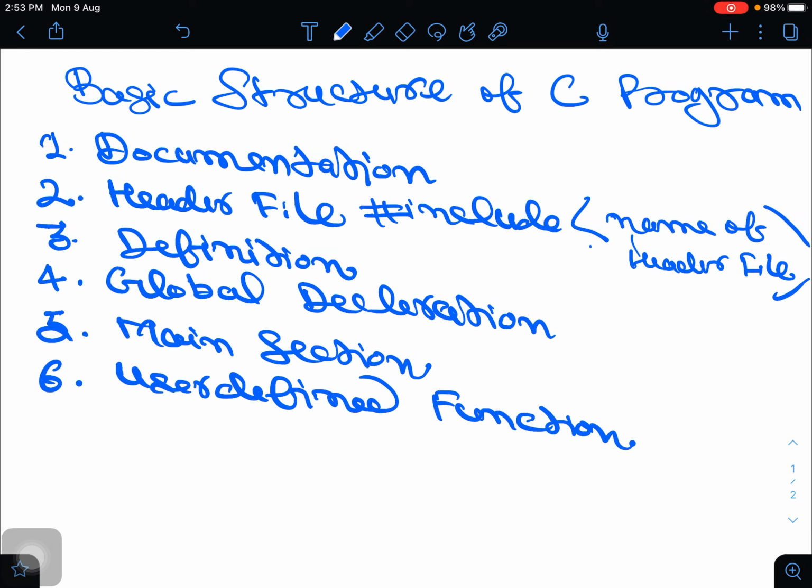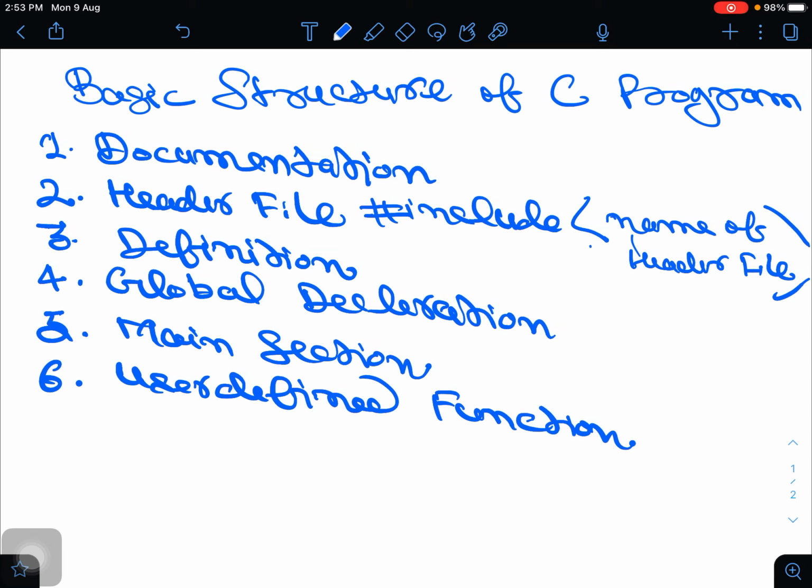Include is the preprocessor directive. This instructs the compiler to include all inbuilt library functions of this header file with this program. So why are we writing the hash here? What is the basic use of the hash?